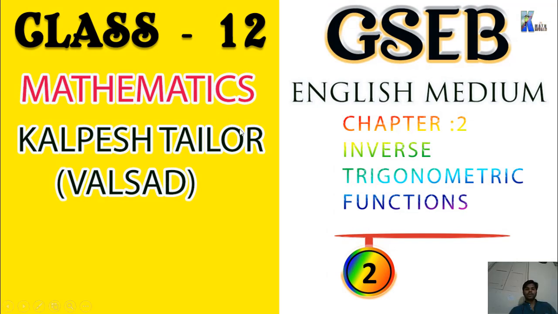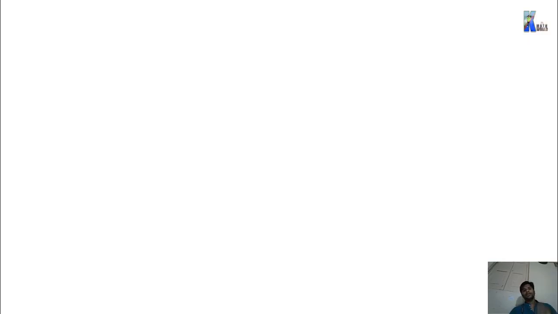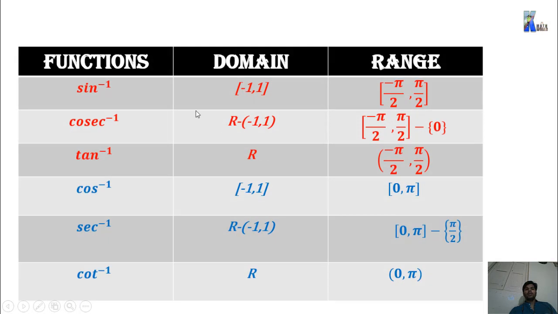Before we start this video, firstly we recall a few things from the last lecture. In the last lecture, we saw the inverse trigonometric functions, their domains and corresponding ranges. This is your first group, highlighted in red: sine inverse, cosec inverse, and tan inverse, and their corresponding ranges. This is important: minus perpendicular to target. Either first quadrant or fourth quadrant in clockwise direction, while first quadrant in anti-clockwise direction.